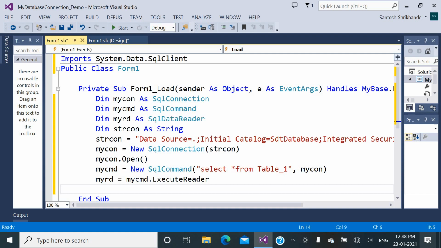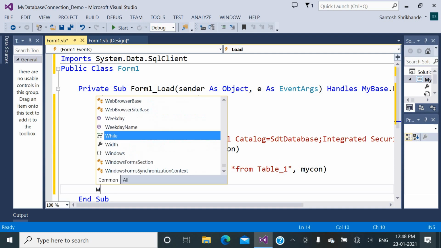Now the data has been stored in the myRD data reader, so we need to read the records one by one from the reader. Obviously there are many records in the reader, because there are 3 records which we have entered into the table underscore 1 in the database. So we need to read all these records, and for this purpose we need the while loop.